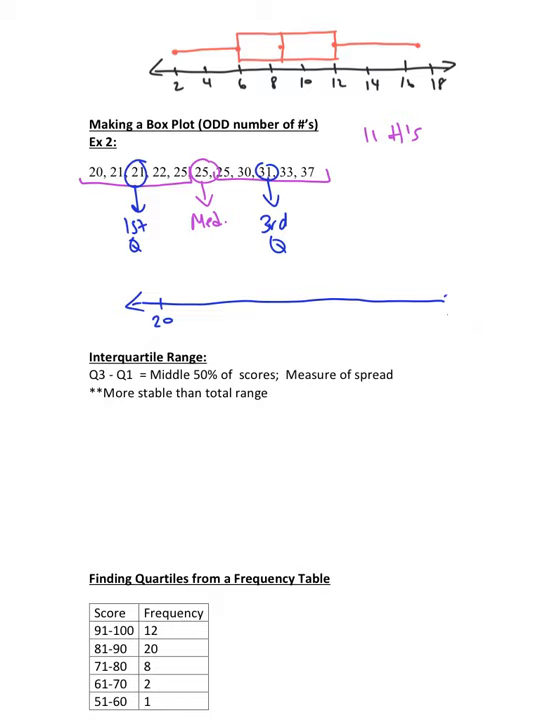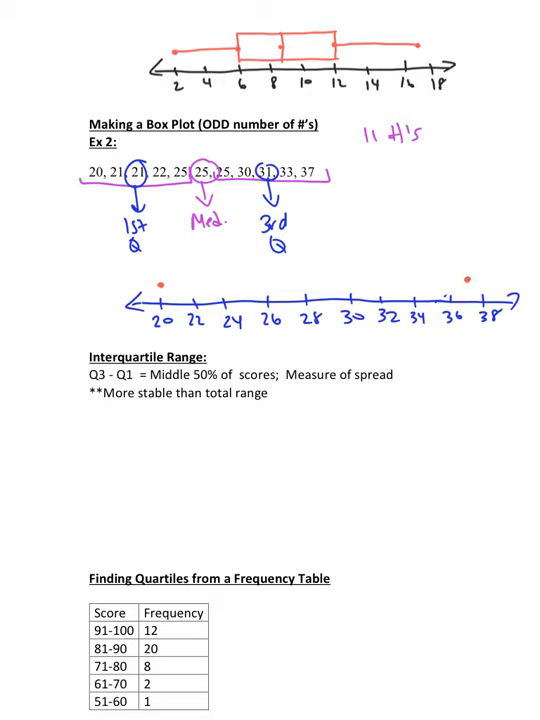I don't know if that's going to be too much. Let's see. 22, 24, 26, 28, 30, 32, 34, 36, 38. Okay, so I'm going to put a dot over, let me switch colors. I'm going to put a dot over my minimum, 20, a dot over my maximum, 37, a dot over the